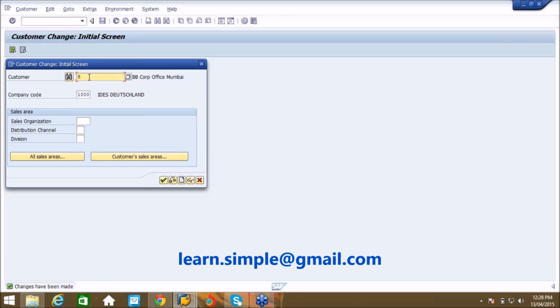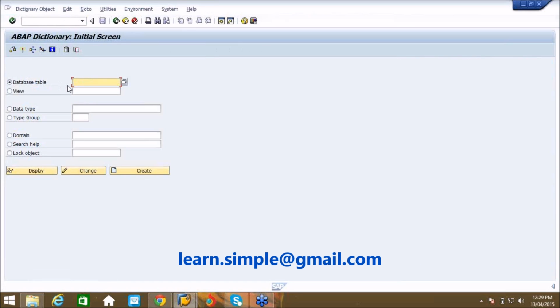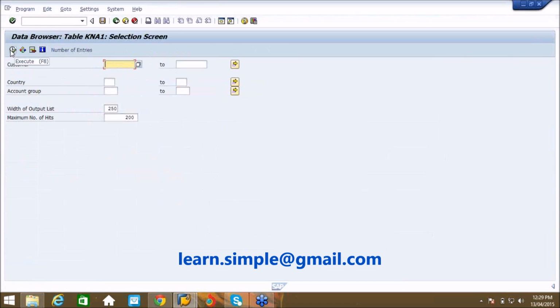So first I'll try to create a Z table. Do you know customer information is stored in a table called KNA1. KNA1 is a table which stores the customer information. These are the customers available in your sandbox. This is the general data of a customer. You can see lots of records are available. Lots of customers will be available in this table.